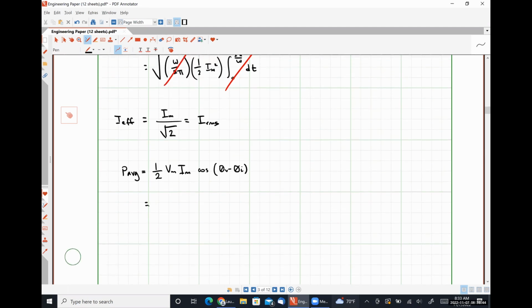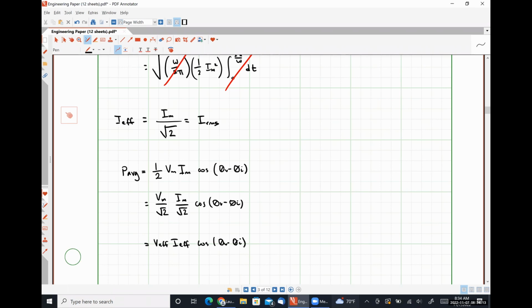I can say that 1/2 Vm times Im is just the Vm over the square root of 2 times Im over the square root of 2 cosine theta v minus theta I, which is nothing more than the product of the effective voltage times the effective current